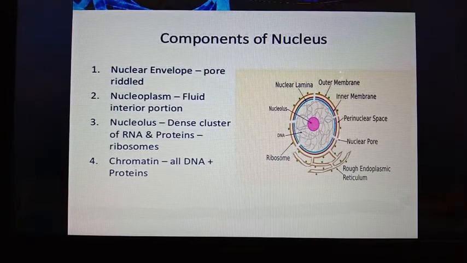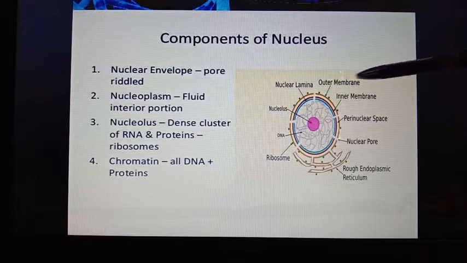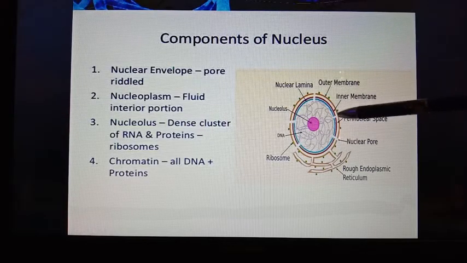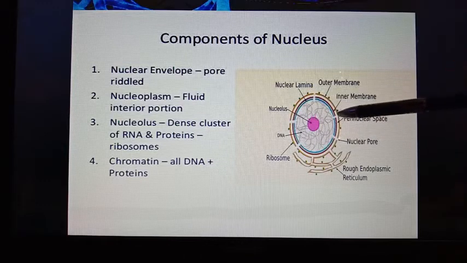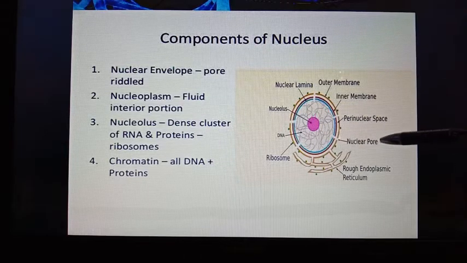Nuclear membrane is permeable and completely encloses the nucleus and separates the nuclear material from surrounding cytoplasm. You can see here that nuclear membrane contains so many pores which are known as nuclear pore. What is the function of this nuclear pore? These pores mainly allow passage of material in and out of the nucleus.